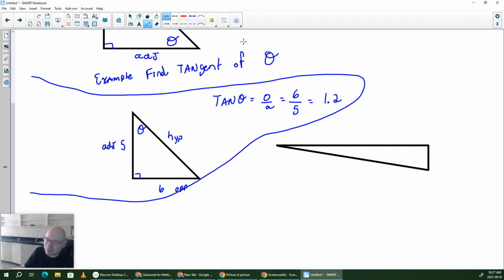Okay, now let's get tricky a little bit. Let's say find the tangent ratio like this. Let's see if they do that in the book, if they're mean to you or not. Actually, they are mean to you. So sometimes they'll be mean to you. So let's be mean to you here. And I'll give you the hypotenuse instead of one of the other legs, which makes it using Pythagorean theorem first